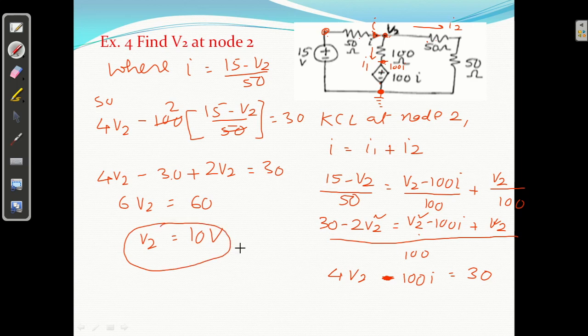Okay, so this problem is again very simple. You have to write the KCL. We have to find the voltage at node 2. First step: assign the voltage V2 here. Then remark the current through each and every branch. It is already given, so don't change it, because this is the dependent source depending on 100I. Then remark the current through the other branches and write the KCL. After writing the KCL, the equation comes in terms of I, and since we know the value of I, we will put the value of I here. You will get V2. Okay.